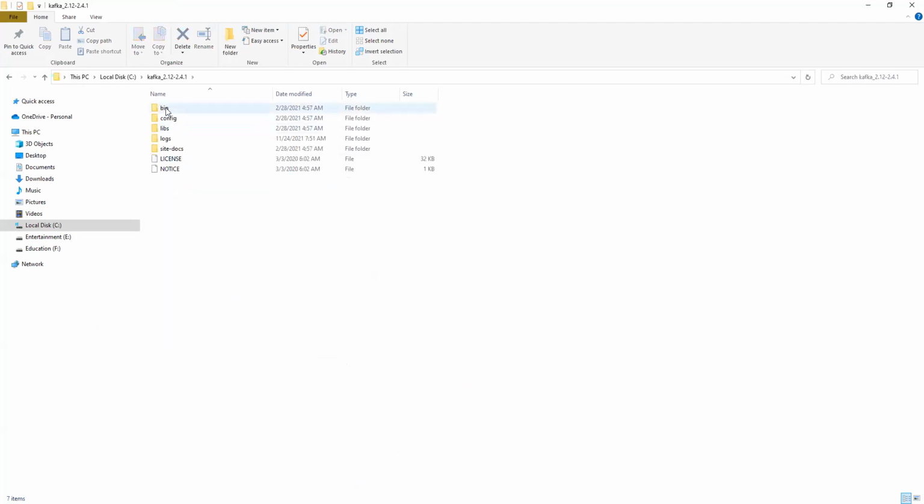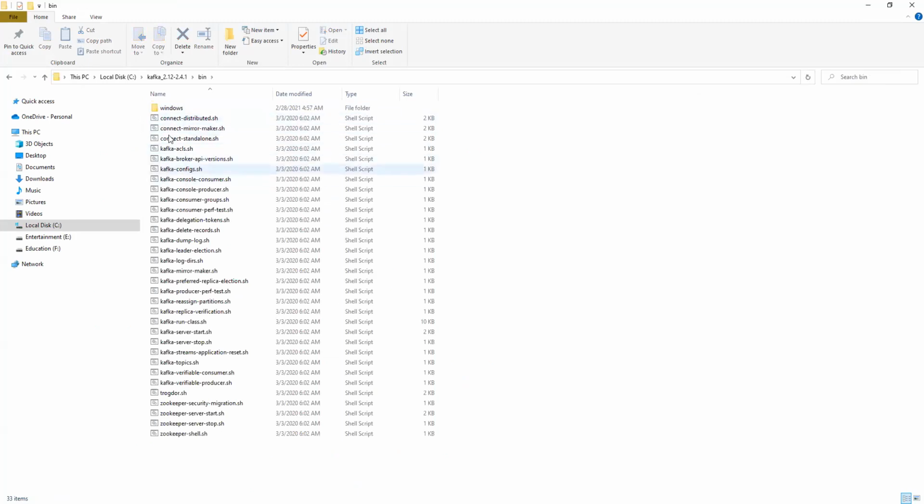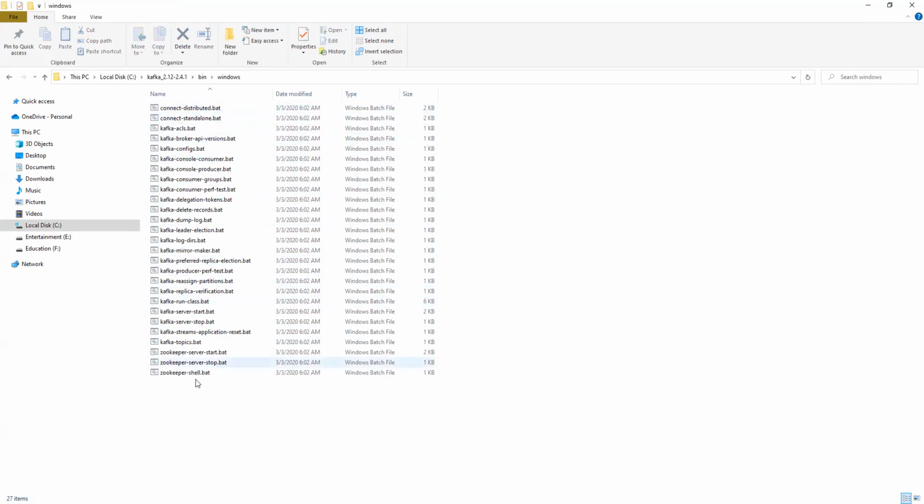When we open bin, these folders are Linux related files. The .sh files run in a Linux and Unix environment. For Windows we have separate files, the .bat files. So no need to run all these files, and we will see now which files we need to run.